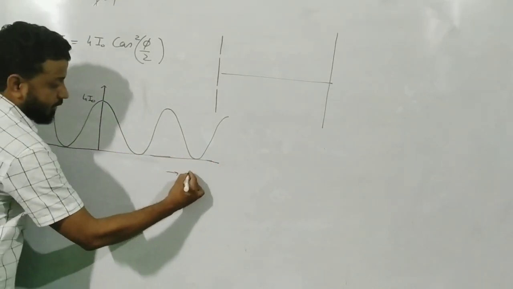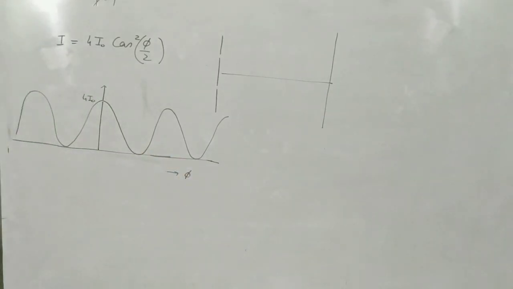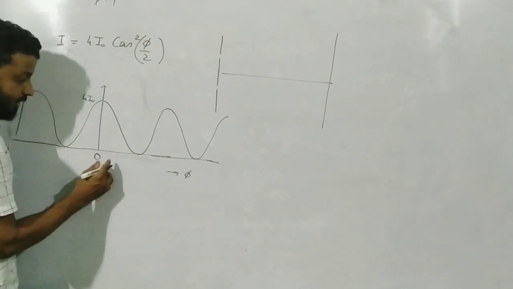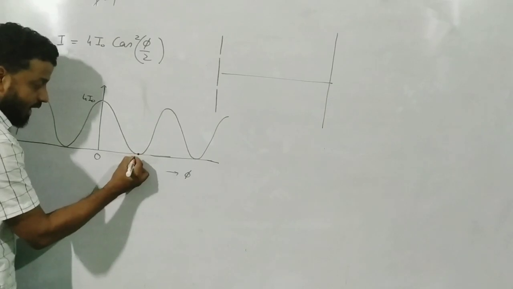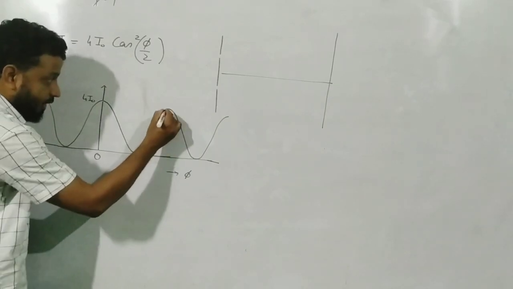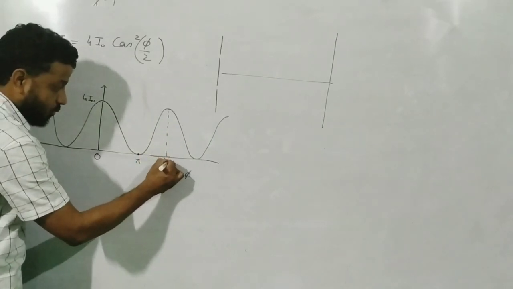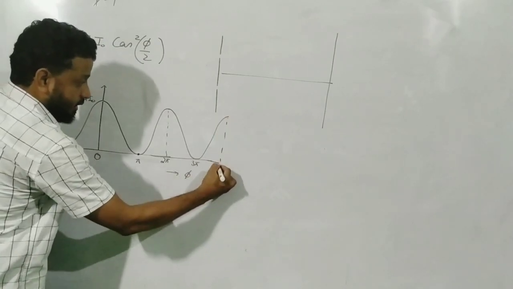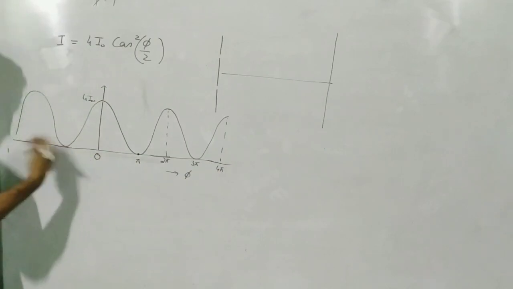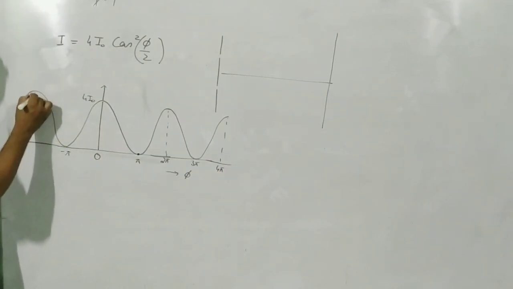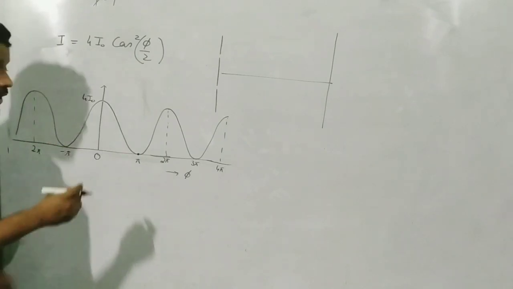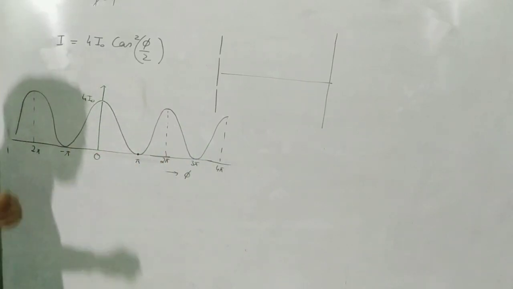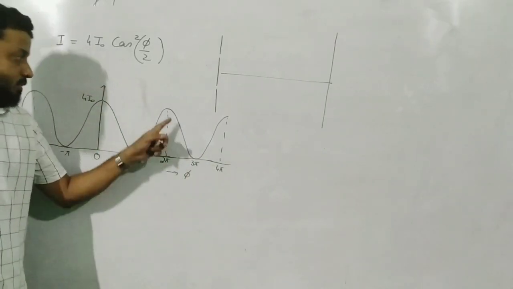And this is my value of phi. So this one is 0 intensity. The value of phi is 0. So the first dark will appear at pi. First bright will appear at 2 pi. Then this will be 3 pi, then this will be 4 pi, and so on. And on this side we will write the same thing but with minus sign. So at all the odd multiples will be the minima, that is the dark region, and at all the even multiples will be a bright region.